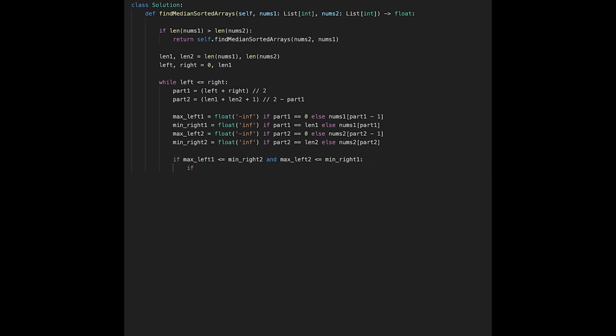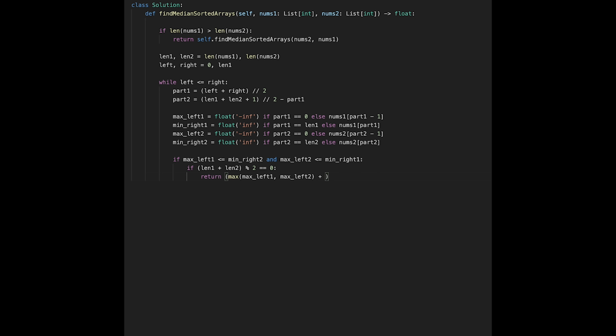So if length 1 plus length 2 modulo 2, so we use the remainder, equals 0, that means this is an even case. So the max of the left side, so max left 1 versus max left 2,